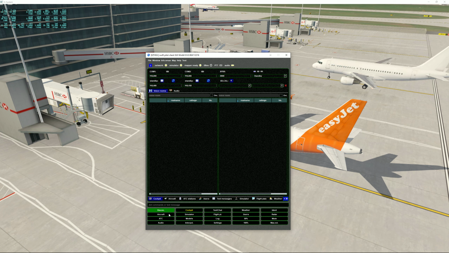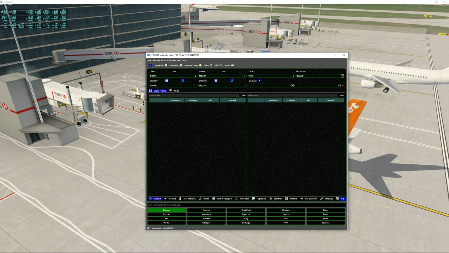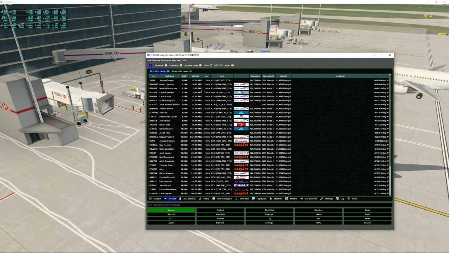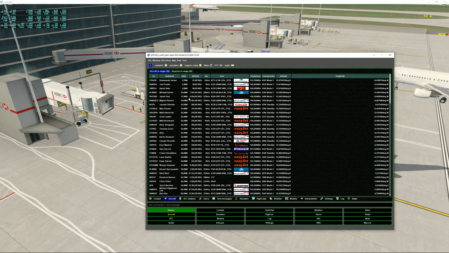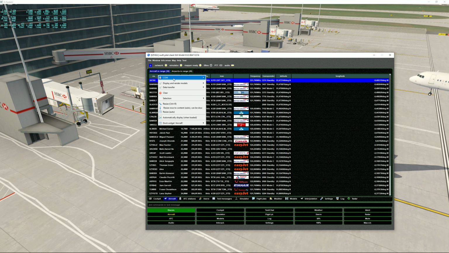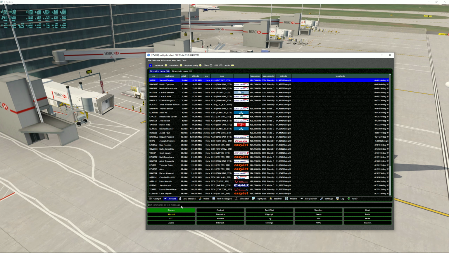If we go down here now, this menu over here is very vital for your usage. If we go from left to right, if you click on aircraft over here, you can see aircraft in range. So these are the aircraft currently in range. You may click on it and show text messages, and if you wish to communicate with this aircraft, you go down here to this window